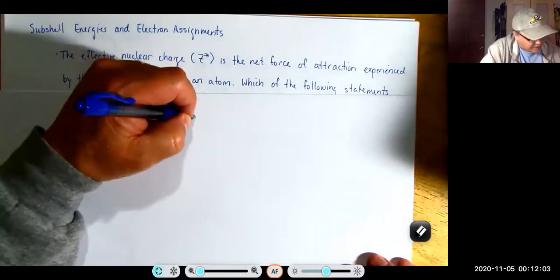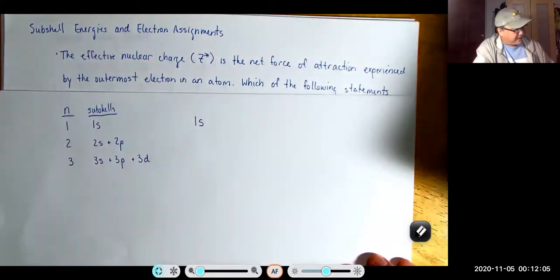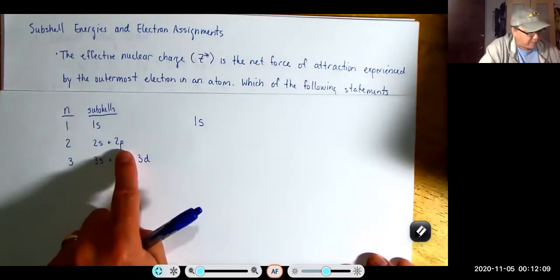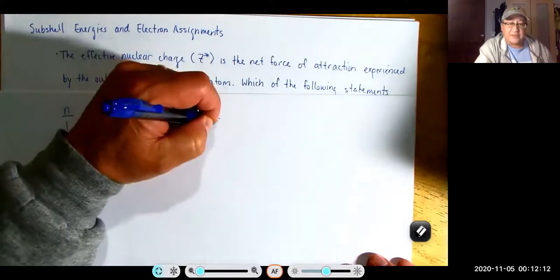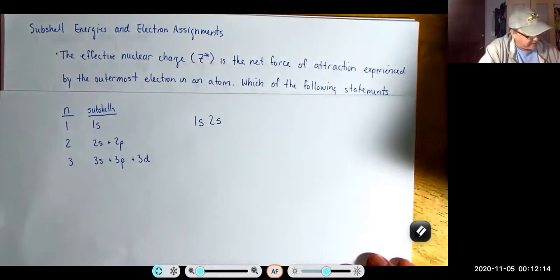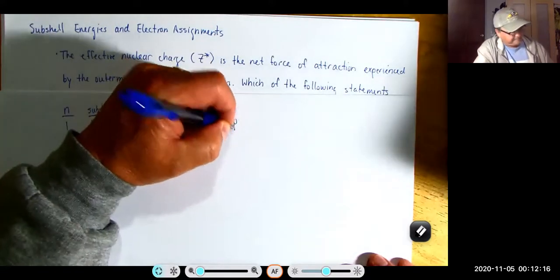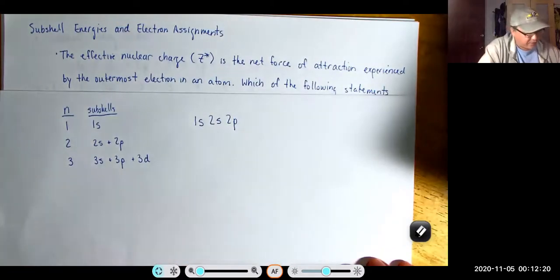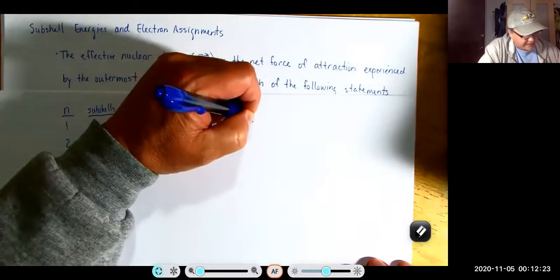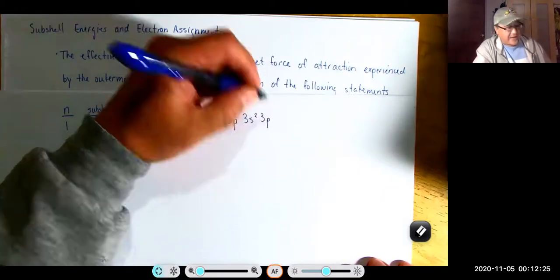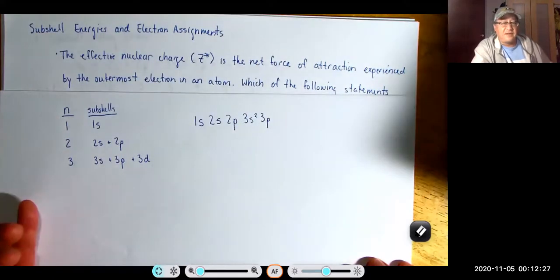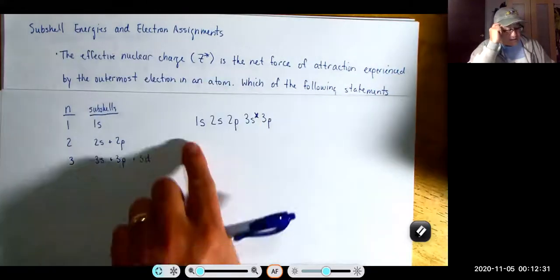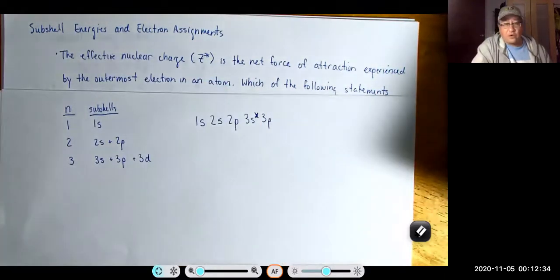We do it first by shell. So we're going to go with the 1s first. The next shell is 2. So which do we put first, a 2s or a 2p? We put the 2s first because the 2s subshell is more stable than a 2p. So we put a 2p next. And then finally, we go to the third shell, and we're going to put a 3s and then a 3p. And we're done because they ask, what are the first five? Oh, and I put a little 2 here. I shouldn't have put that. These are the subshells in order of